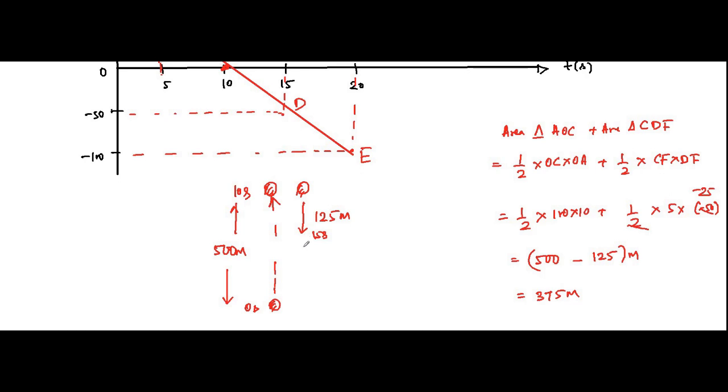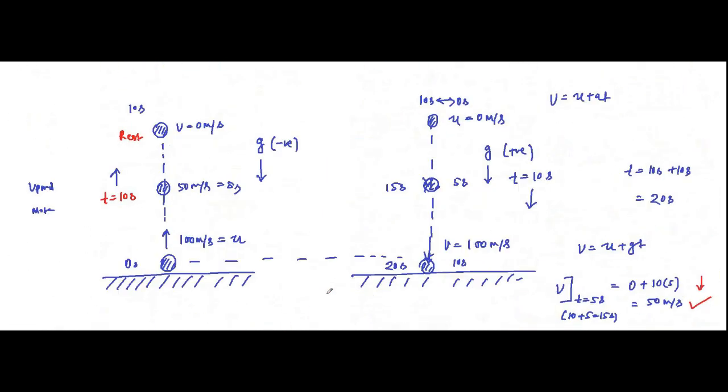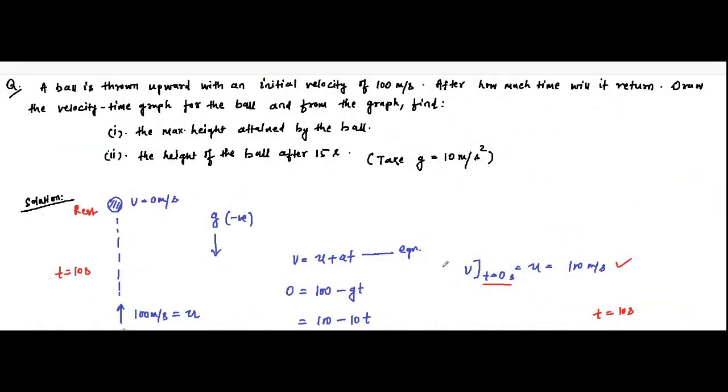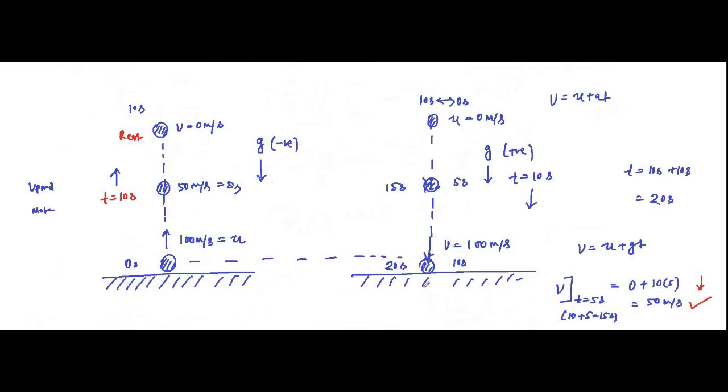So at this position, at 15 seconds, it is this much portion, which is equal to 375 meters. This is the thing. Then it will move downwards and downwards, like that. So this is the solution of the